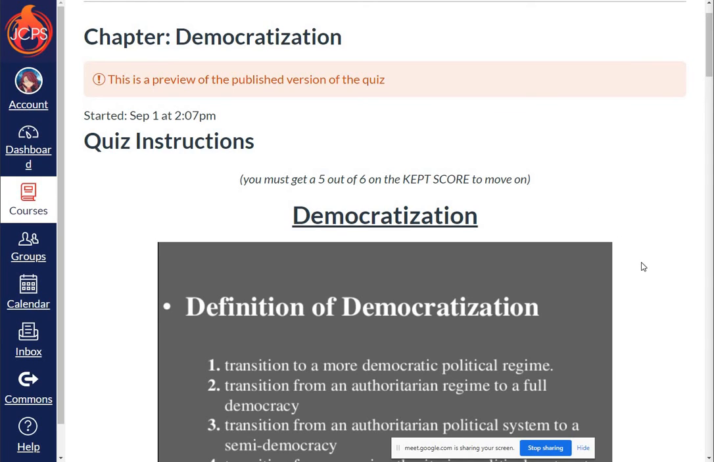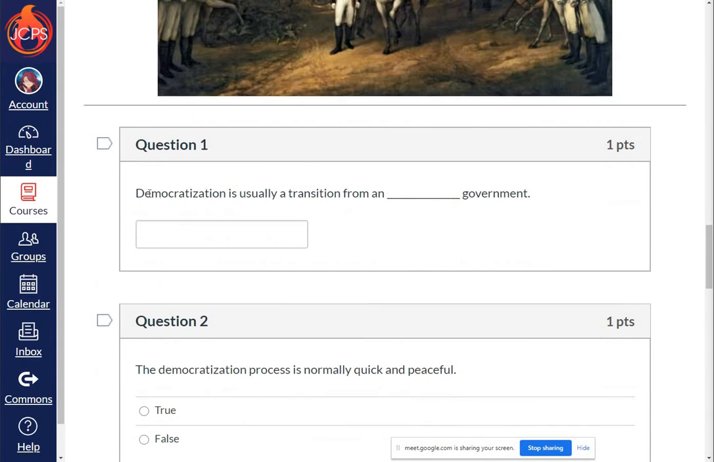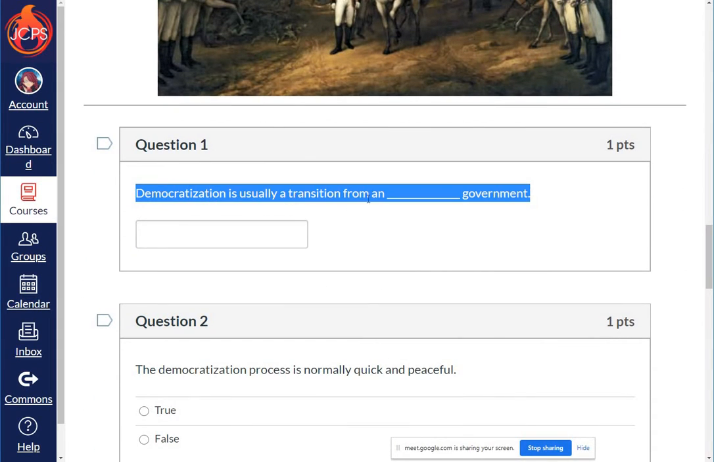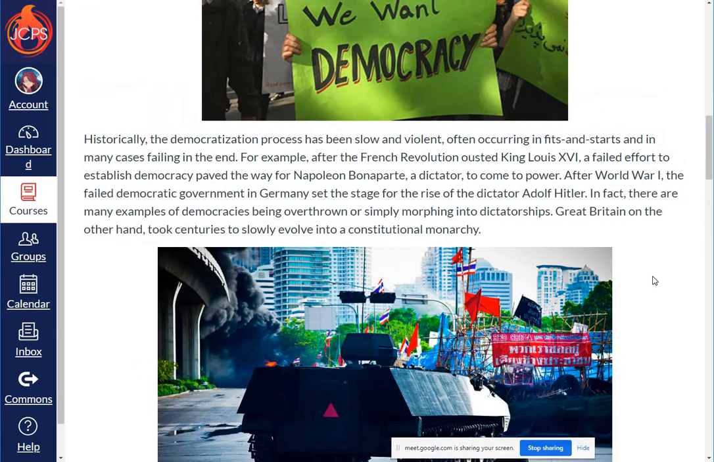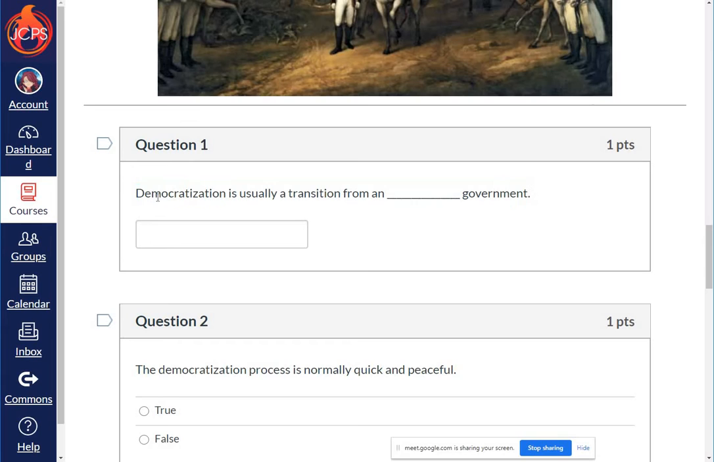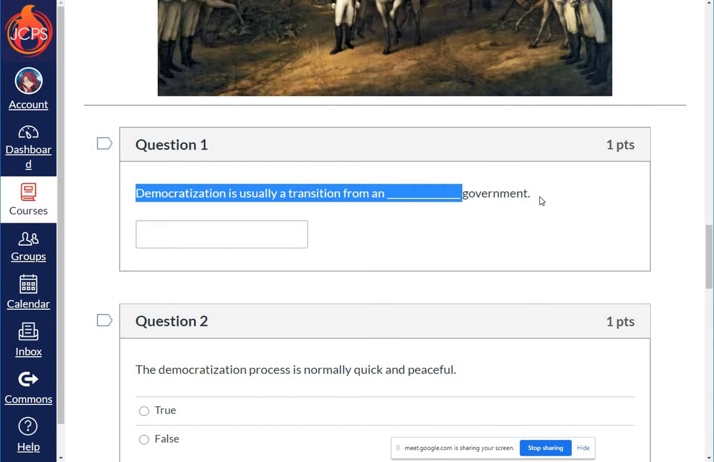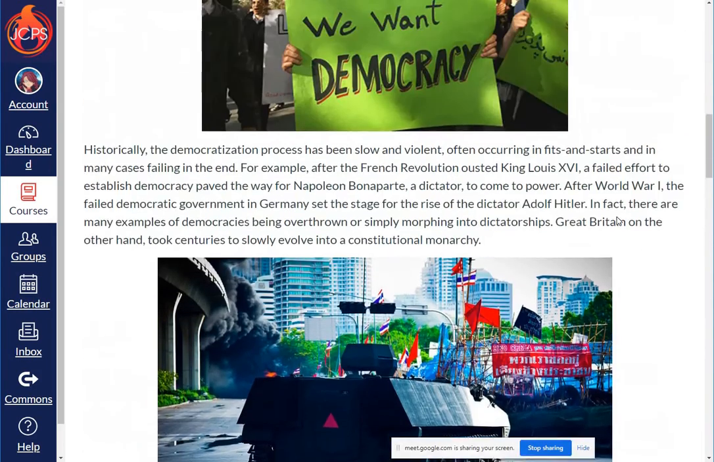All right, so chapter democratization. Go to the question always first. Democratization is usually a transition from an blank government. Also, just for the future, if you are having trouble finding an answer and then you see that it has an "and" in front of it or an "a," that will give you some clues as well. All right, so